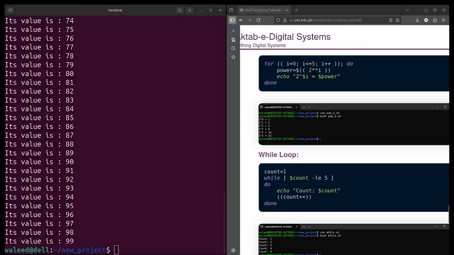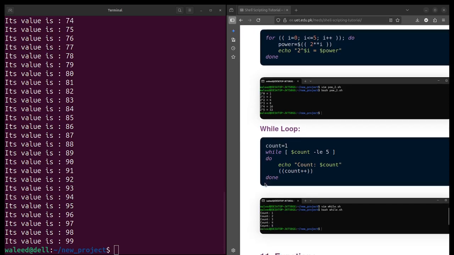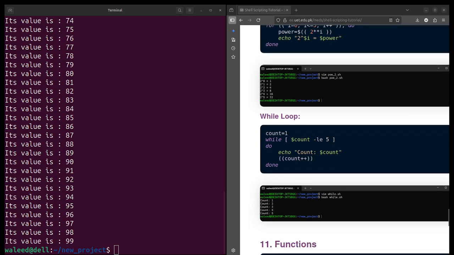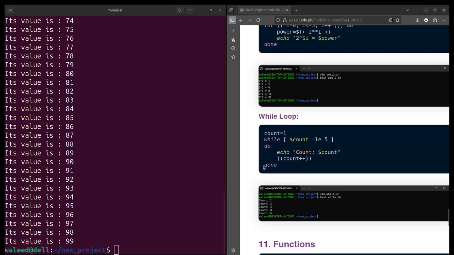There are some concepts in which only a while loop should be used, and there are others in which only a for loop should be used. I will tell you later on, but for now, for most cases, both for and while loops can be used, and I have just given you an example of it.